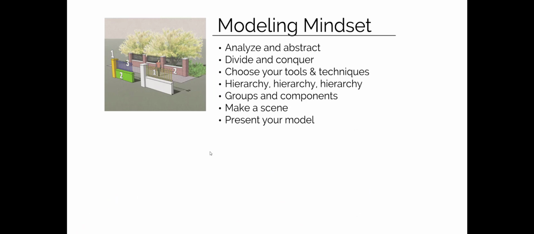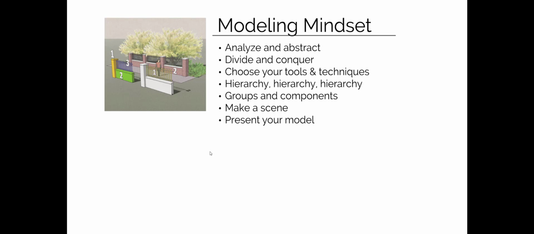Okay, let's take a look now at the modeling process. This is really talking about modeling mindset, and with SketchUp, edges and faces, a little bit of topology, which we'll talk more about later, how we work in 3D on a 2D monitor, and then a little bit about adding accuracy. So first, the whole modeling mindset is just really being able to look at landscape elements or at the landscape or the real world and analyze and abstract the built and natural world so that we can model it